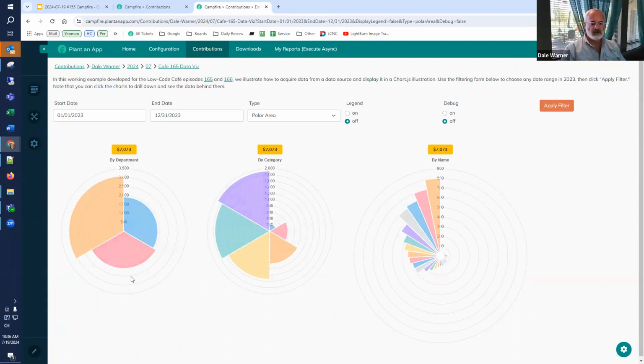This has three elements, so it's dividing it up into thirds, but it's showing the intensity based on how high the circle is, so you can see engineering relative to sales. There's just so much that's available there, and that one change is just one line in the JavaScript to say, I don't want pie, I want polar area. So much capability there.